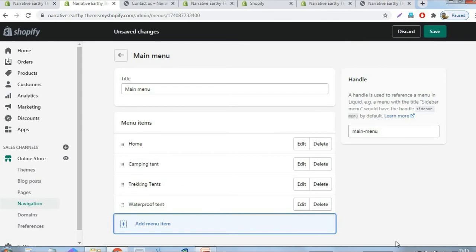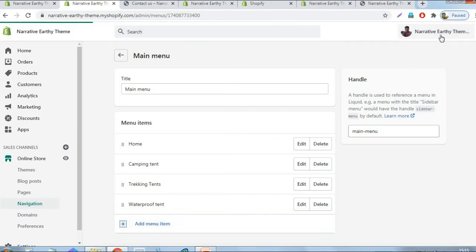That's enough. I think this is a sample work. You can follow these steps to create your own menu items as per your store niche or store categories. Then I click the save button. Okay, we created our menu.